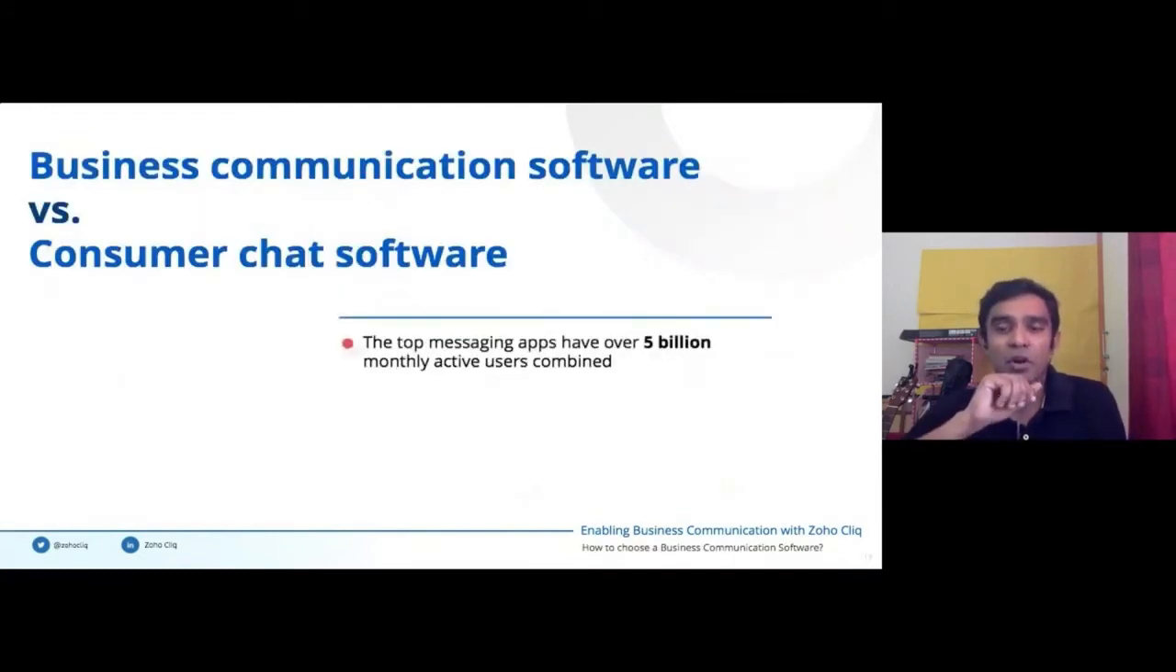Messaging apps or communication tools are the biggest platforms connecting us today. According to a recent report by HubSpot, top messaging apps have over 5 billion monthly active users combined. And this number isn't slowing down anytime soon. And this is a market that a huge majority of businesses simply have not begun to tap into